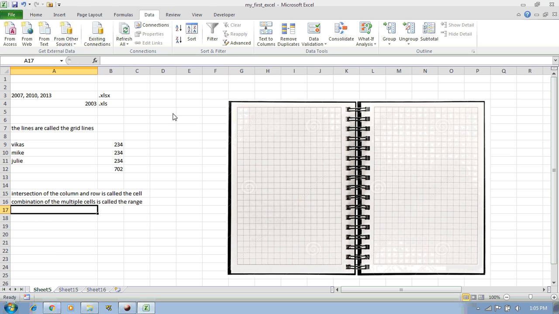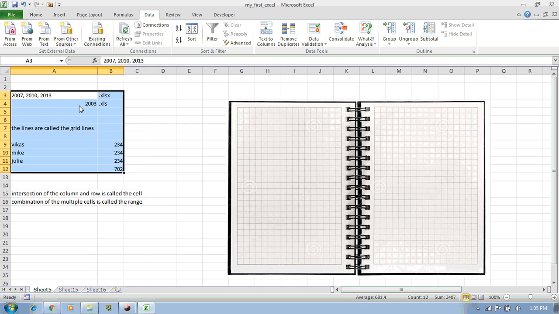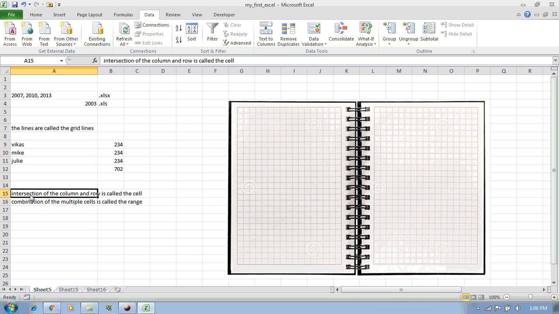If we select these two cells, we can say that this is the range starting from A3 and ending at A4. And if we select these cells, we can say that this range starts from A1 and ends at the B12 cell. So please be aware of that also.